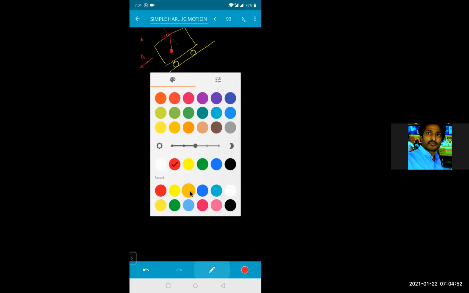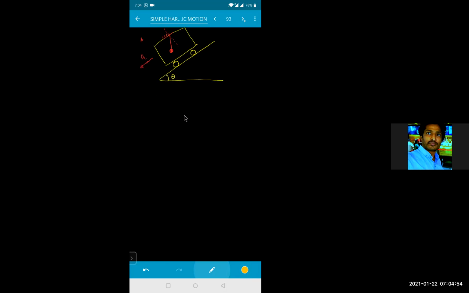See, if I take the free body diagram of this one, listen carefully. For this one, the acceleration due to gravity will be acting in the downward direction, so this will be equal to g. You can resolve this into components along the inclined surface and perpendicular to the inclined surface. This one makes an angle theta here, so this will become g cos theta and this will become g sin theta.